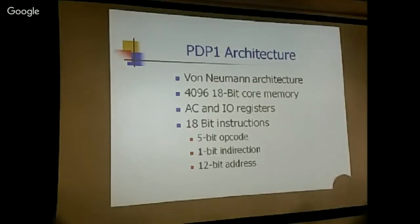And when it is used with the AC register, it does the double precision multiply and divide. So that was the central portion, the central registers of the von Neumann machine. And instruction-wise,